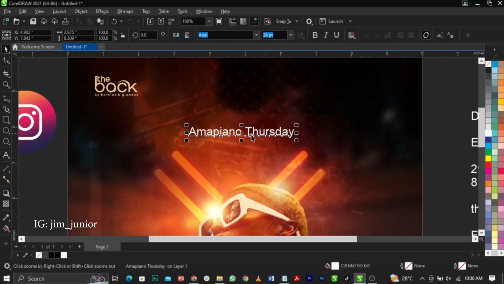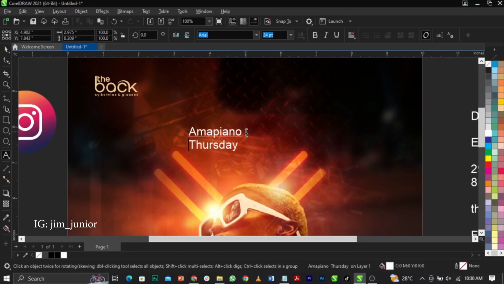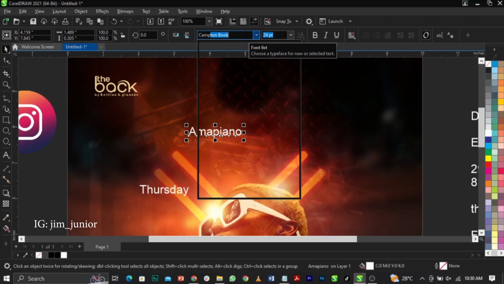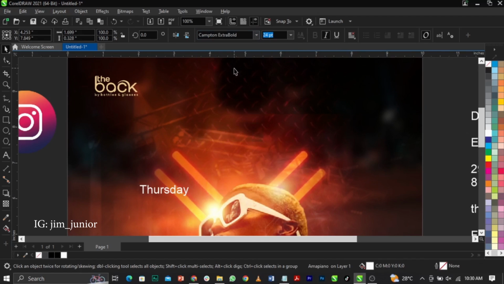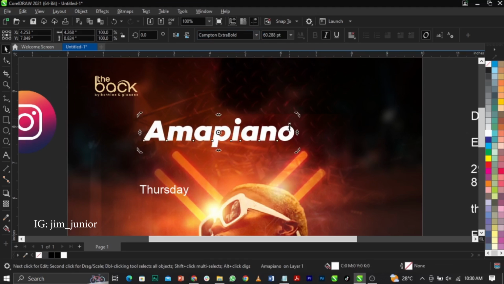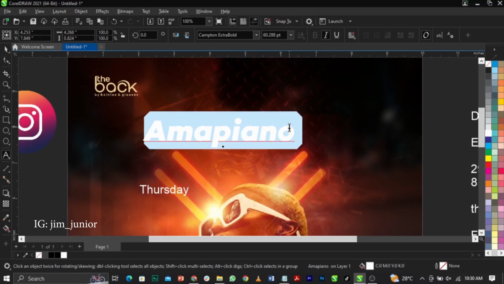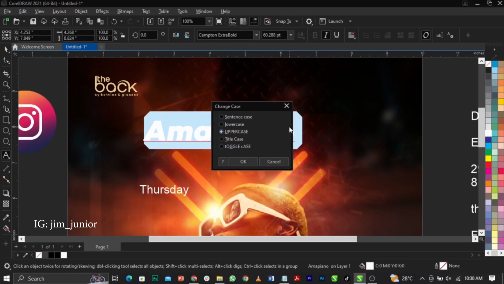And the next thing I'm going to do is select this, put my cursor and use my enter key to take it down, and use Control plus K and break it apart. So right now I'm going to change my font to Campton Book, but we're going to use the bold one. So let me use this one for now. I'm going to scale this one up and highlight it and use Shift F3 on my keyboard to change it